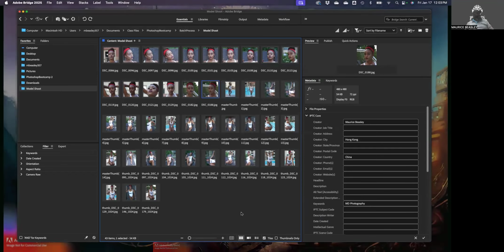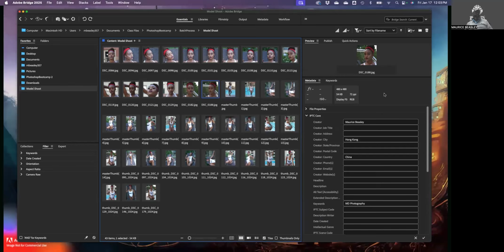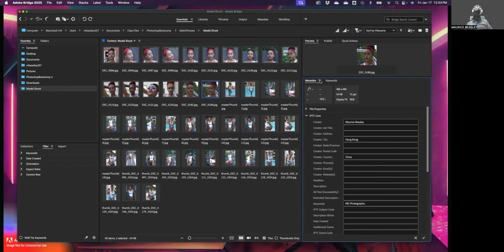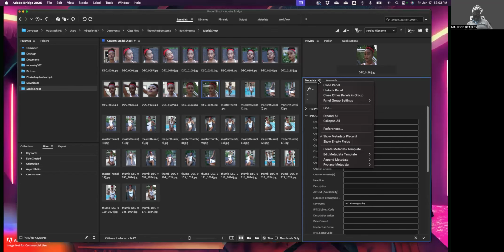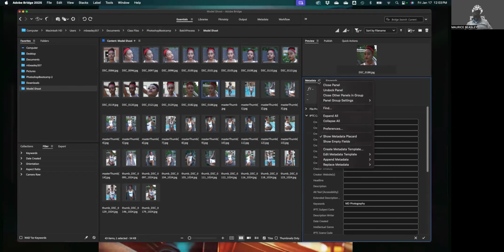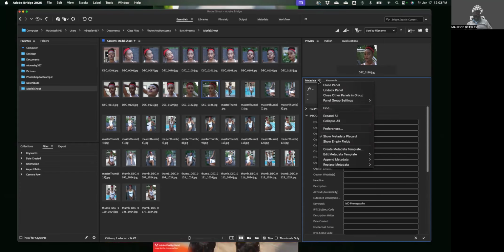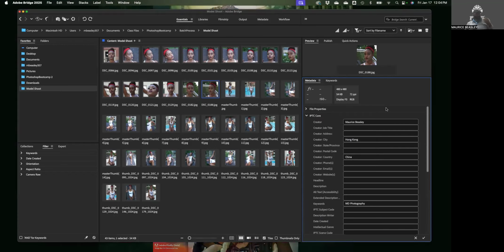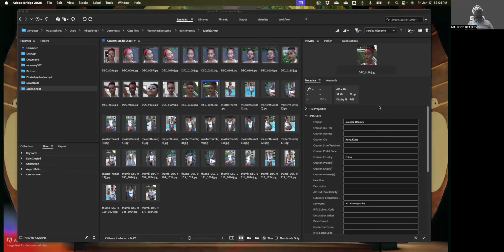just one of the things that's not here in Bridge, but you have it over there in Photoshop, is the ability to take this metadata template and export it out. I'm trying to see if it's somewhere else, maybe here in Bridge while my Photoshop is opening. It's not. It's not in the panel options here. Replace, append. Yeah, it's not there. It's weird to me that it's in one program, but it's not in the other, when Adobe is trying to be famous for putting everything into one place. But